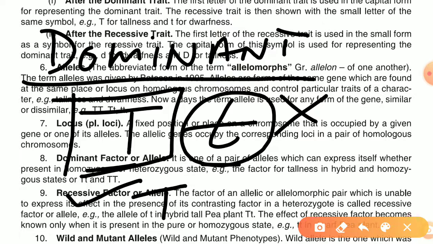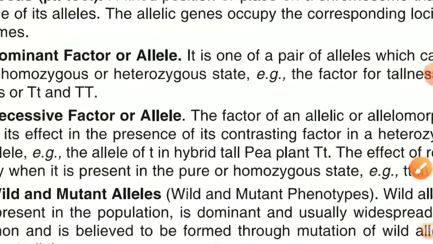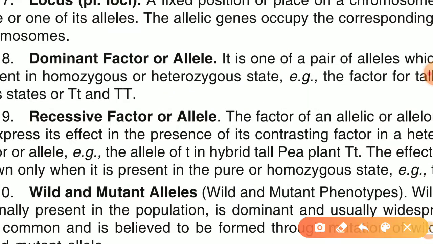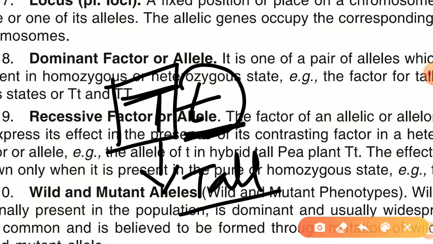अब जो दूसरा टर्म है दैट इज अ रिसेसिव जीन. नाउ व्हाट इज अ रिसेसिव जीन? Recessive gene is actually that gene which is not capable to express itself. As I told just now that if in a certain person this condition is present, तो इस केस में ये जो डोमिनेंट जीन है यही अपने आप को एक्सप्रेस करेगा, जिसकी वजह से उस ऑर्गेनिज्म की हाइट टॉल होगी, और ये उस ड्वार्फ वाले, इस छोटे वाले रिसेसिव जीन को एक्सप्रेस करने नहीं देगा. तो वी कैन डिफाइन रिसेसिव जीन एज द जीन which is not capable to express itself in the presence of a dominant gene. That is called a recessive gene, and it is always represented by a small letter.